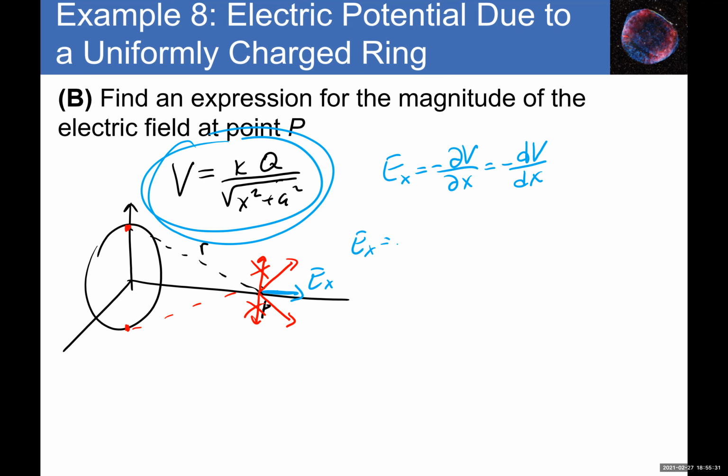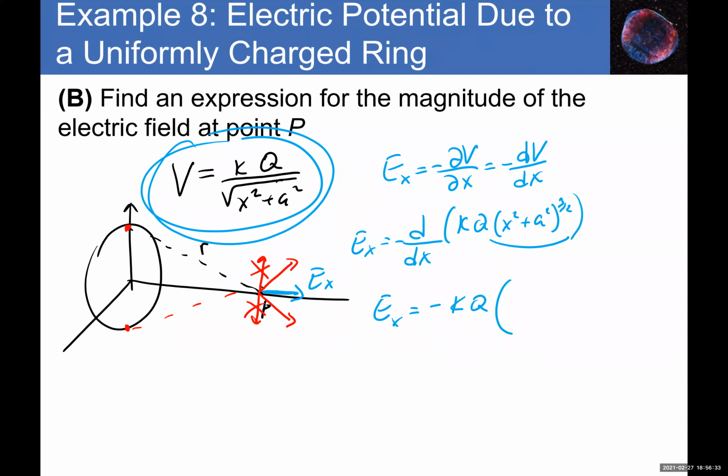Then Ex is equal to negative derivative of kQ over, let me write it like this, probably simpler, kQ then (x squared plus a squared) to the 3/2. So then taking the derivative of this guy, what we can see here is very similar to the previous example that I did. So Ex is equal to negative. kQ can come out because they're constants. And if I'm taking the derivative of that, so that becomes,